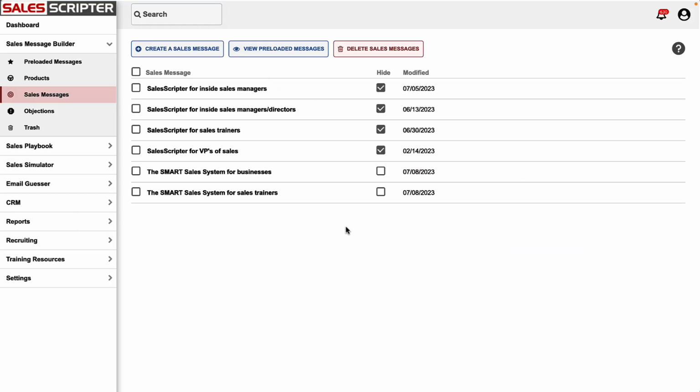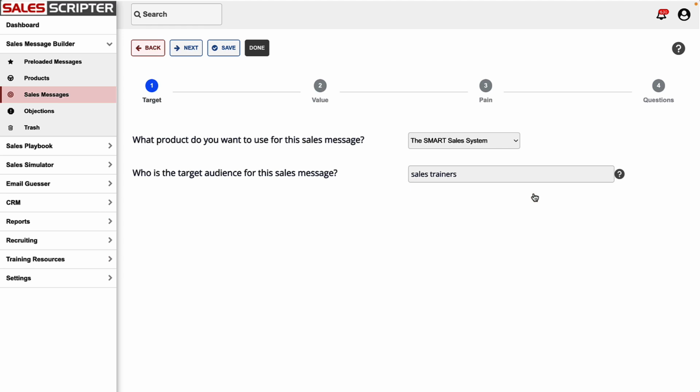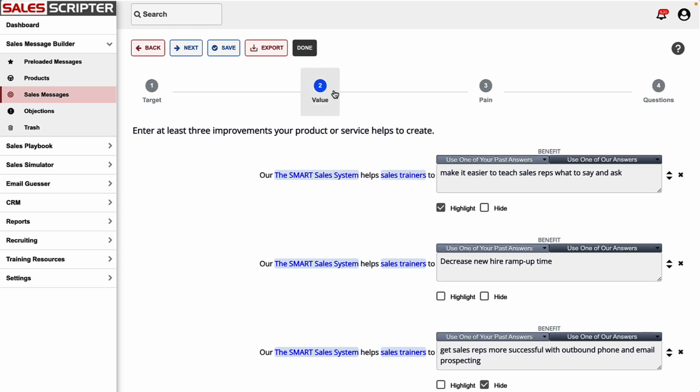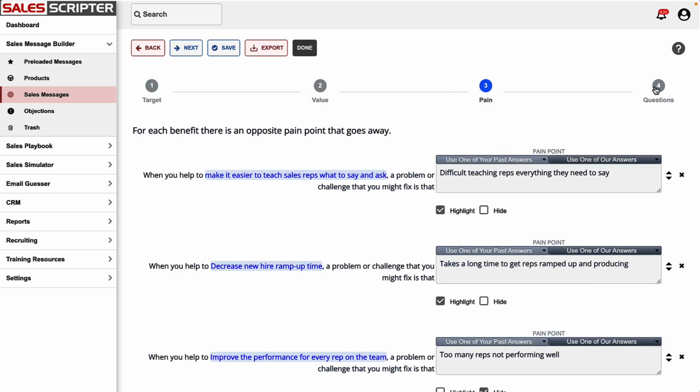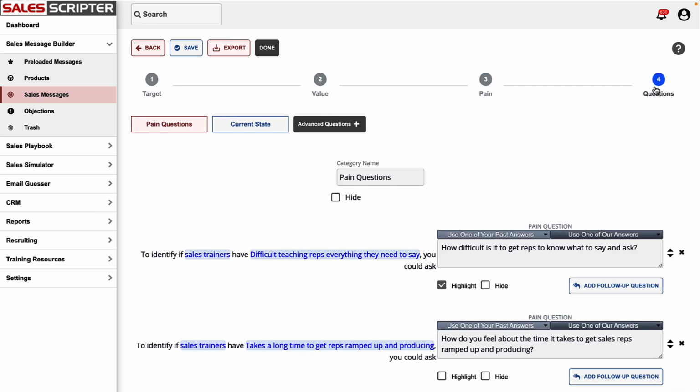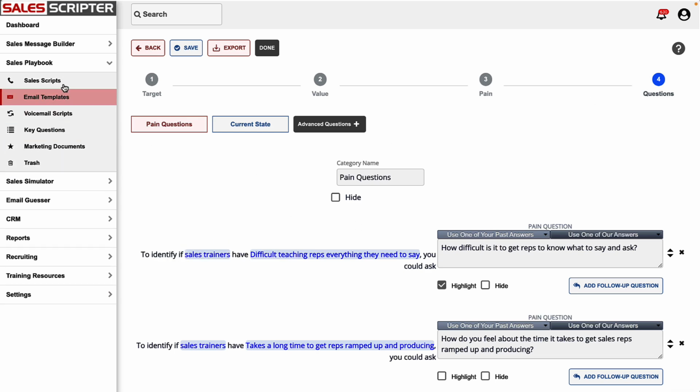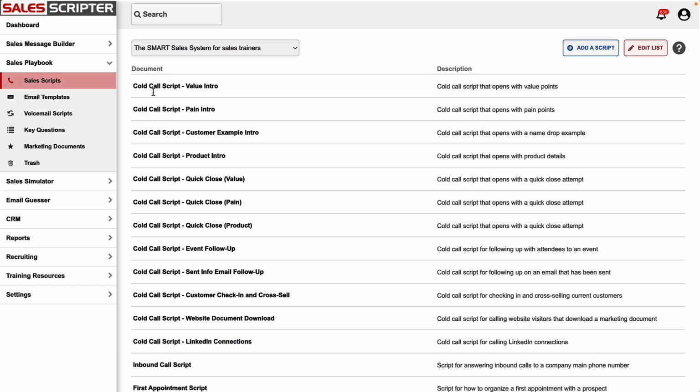And that mixing and matching of building blocks is actually how our software application, Sales Scripter, works. And the software actually takes you through that same process that I just showed you, brainstorming your value proposition, pain points, and coming up with good questions to ask. This software will make going through that process easier. And once you have all of your answers and key talking points in the software, it then turns all those points into building blocks and creates a full library of scripts and emails and voicemails and other documents by mixing and